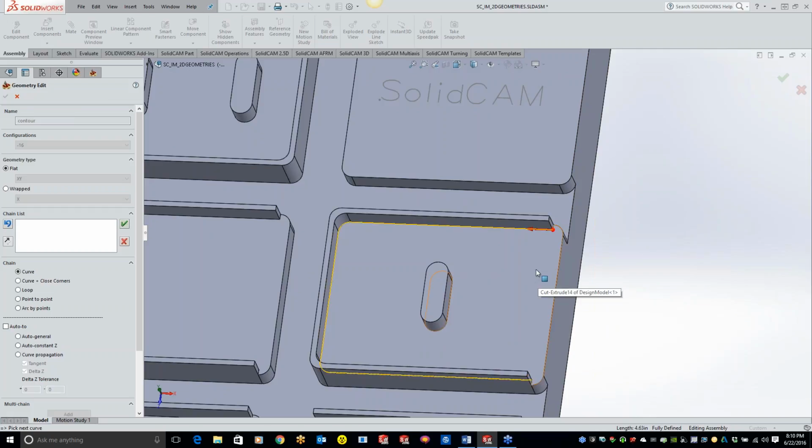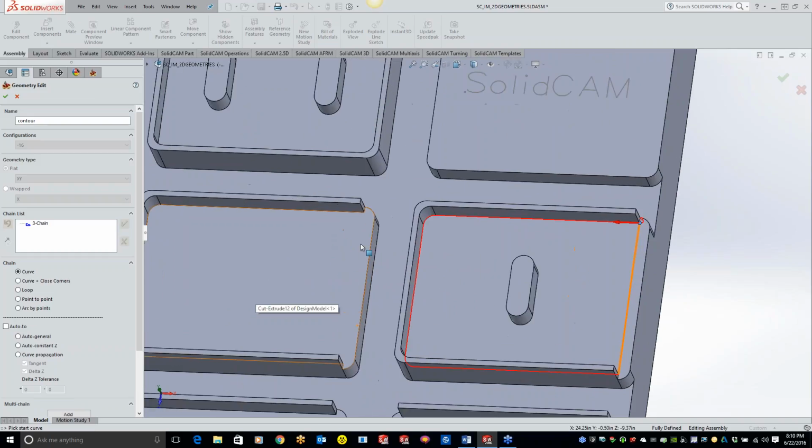Now, instead of drawing a sketch in there and picking that sketch, what we can do is come over here and click on point to point. It's basically asking you where you want it to end. So I can just click right here and it will automatically put that line in there. You guys can use point to point for a lot of stuff. You can just come over here, we can do a diagonal up